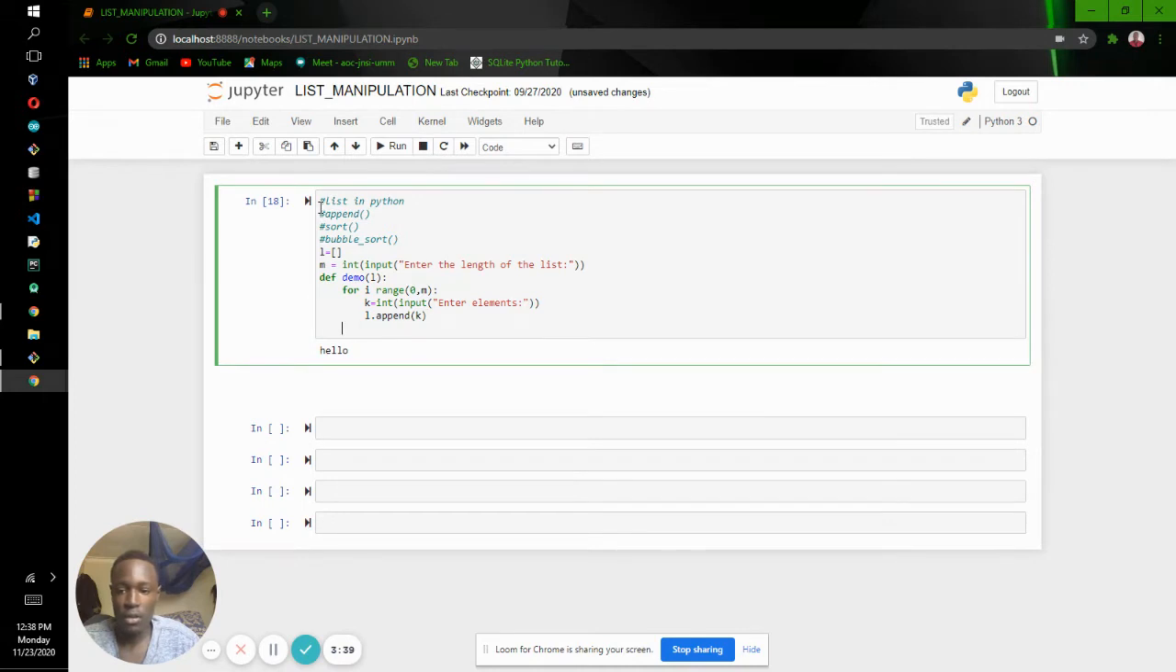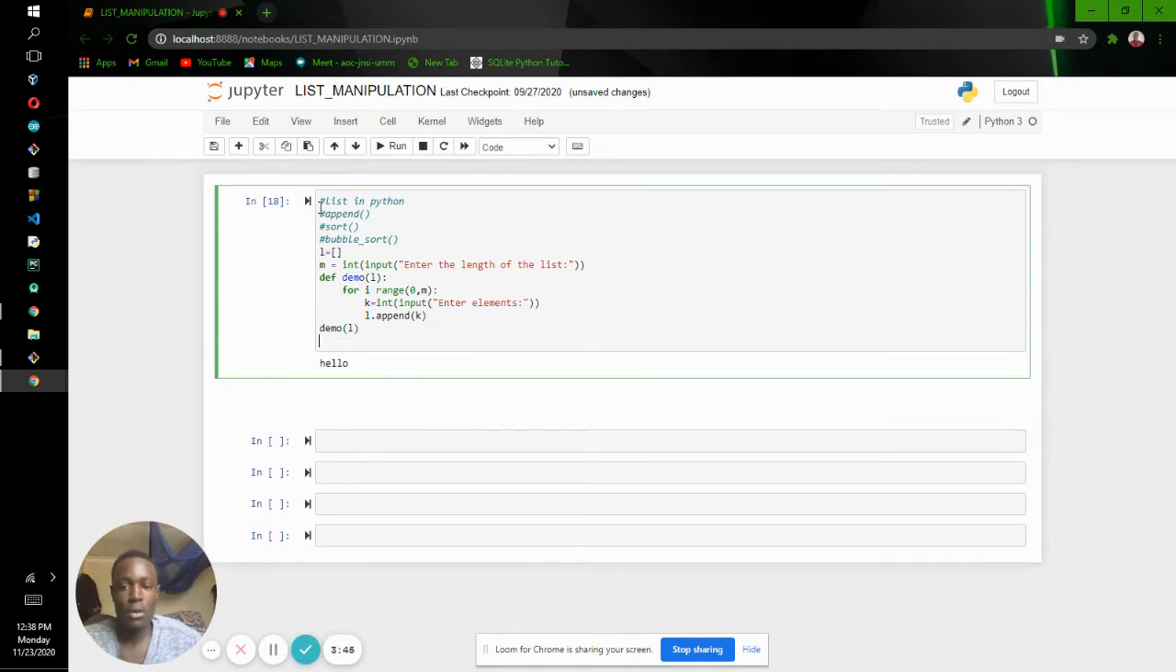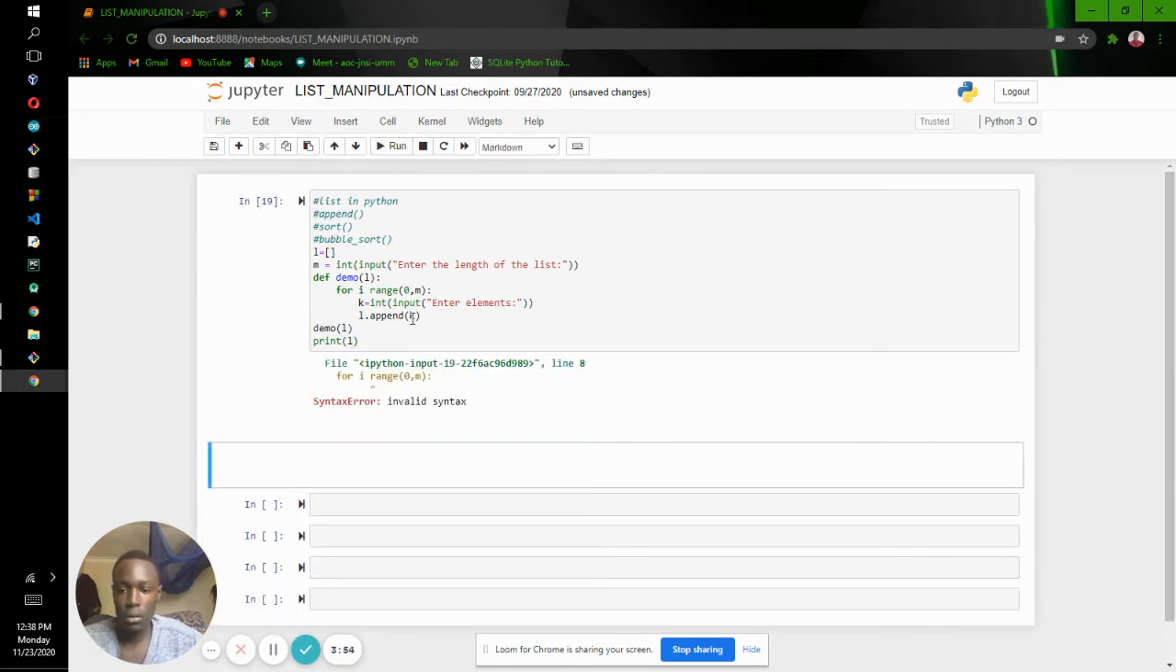Then after doing that, I can now call my function demo, pass the variable list, and print our list. So we can run this, and we are having an error. We forgot to write in. Yeah, so we can now run